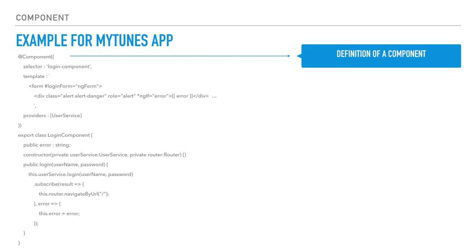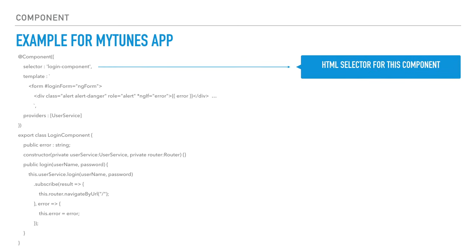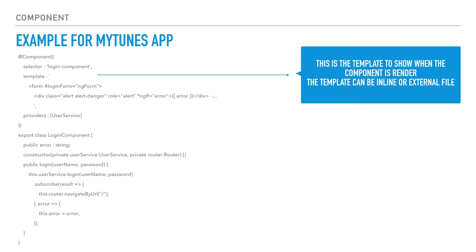Then our component needs a selector. In this case, we are defining the login component. This will be the HTML tag that we will define in our HTML page. And then Angular will know, here I should place the login component. So when Angular finds the login component tag in the HTML, it will render what is in the template part of the decorator. As we can see here, our component will be a form that has a div inside